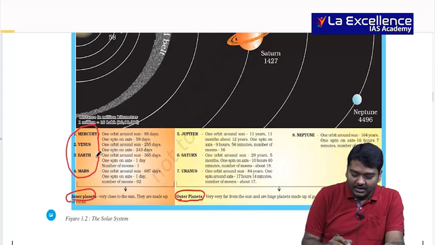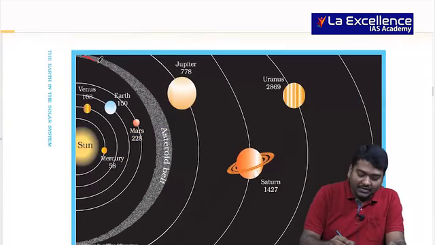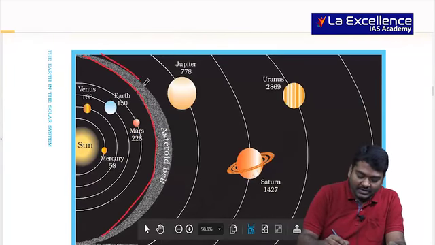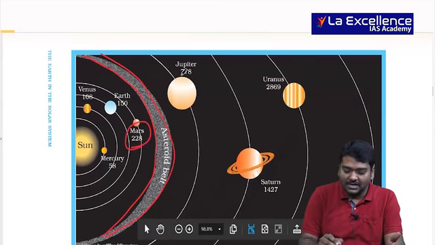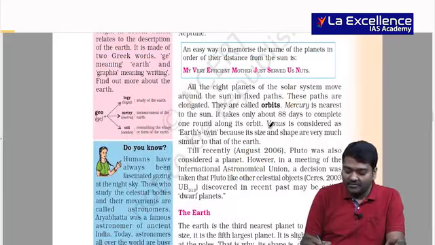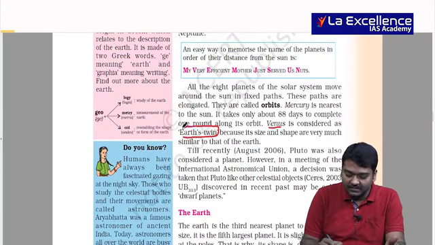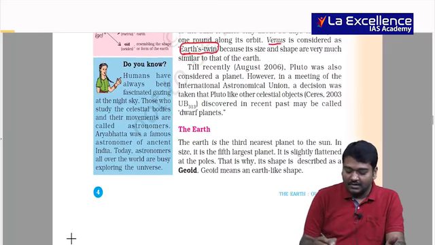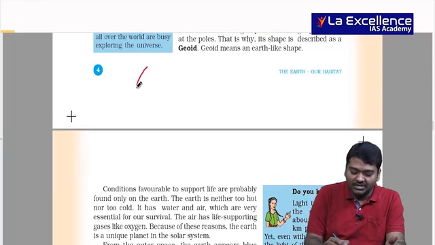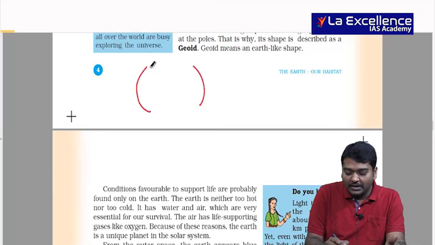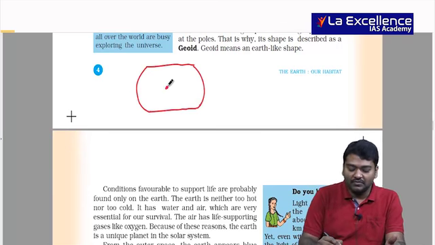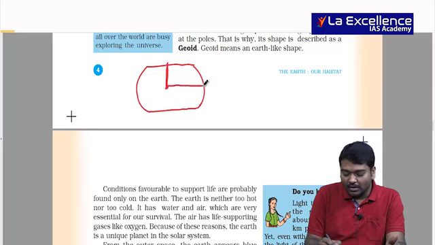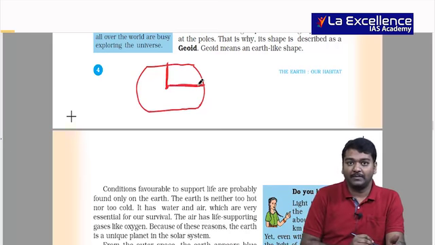So in between the inner and outer planets, you have asteroids, celestial bodies which are present in between the inner and the outer planets, or in between Mars and Jupiter. After this, we should be aware of the Earth's twin, that is Venus, right? And then the Earth's shape is geoid. What is the meaning of geoid shape? The equator is bulged, the poles are flattened. And because of this, usually we say that near the poles, it is closer, so the gravitational pull is more. The equator is farther, so the gravitational pull will be less.